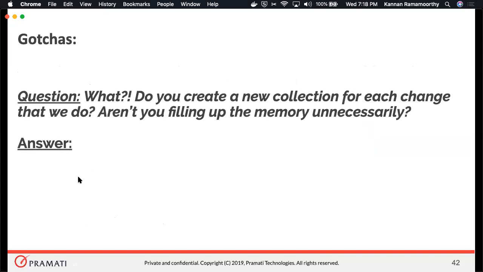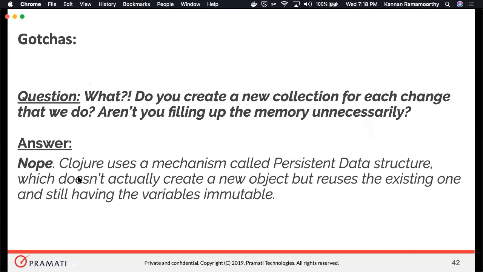Now you might be thinking, for each simple operation like appending or removing, we'll be creating new data structures. That's crazy because we'll be filling up the memory unnecessarily. But the answer is no. Clojure uses a mechanism called persistent data structures, which doesn't actually create a new data structure for each operation, but effectively reuses whatever is already created.